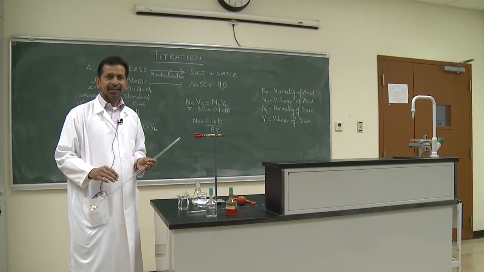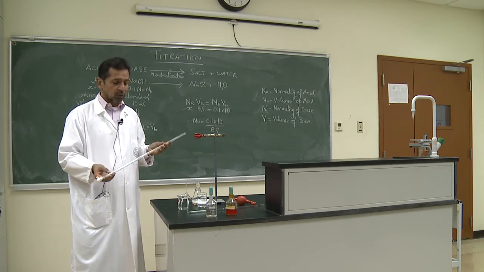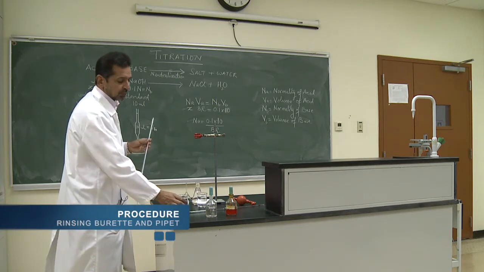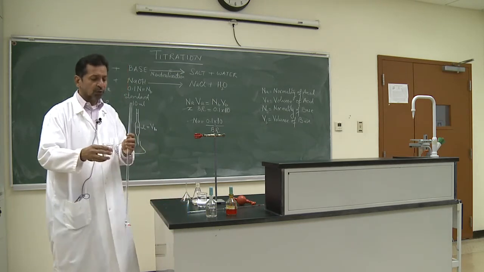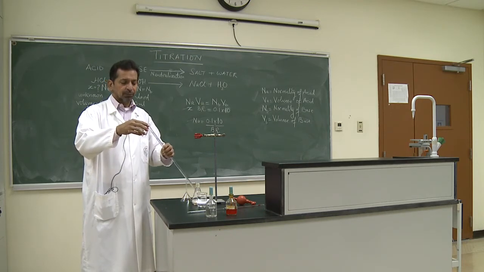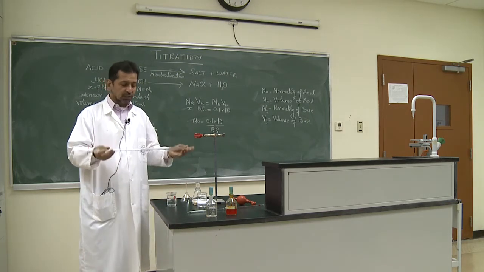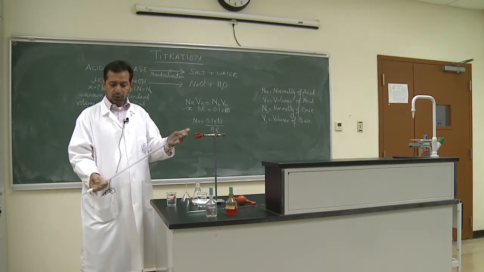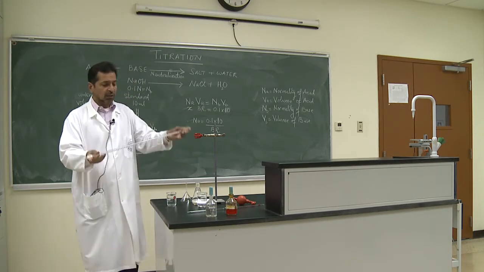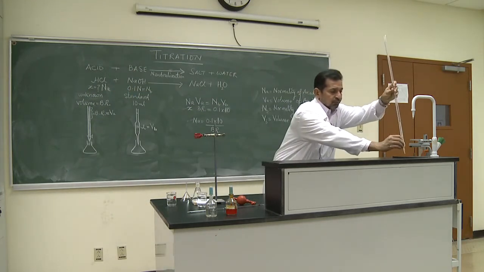After washing, the next step is rinsing, because there is some water left inside the burette. To remove this water, we should rinse the burette with the acid. For rinsing, we take a little quantity of acid in the burette like this, and rotate as well as tilt the burette, so the acid touches all the walls inside the burette. After shaking, we throw this acid in the sink because this is rinsing.